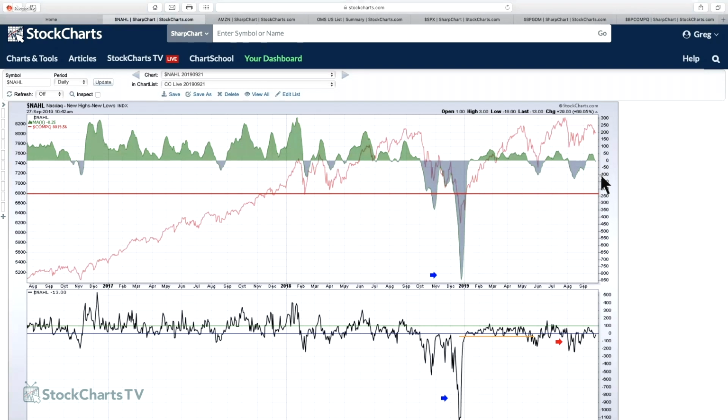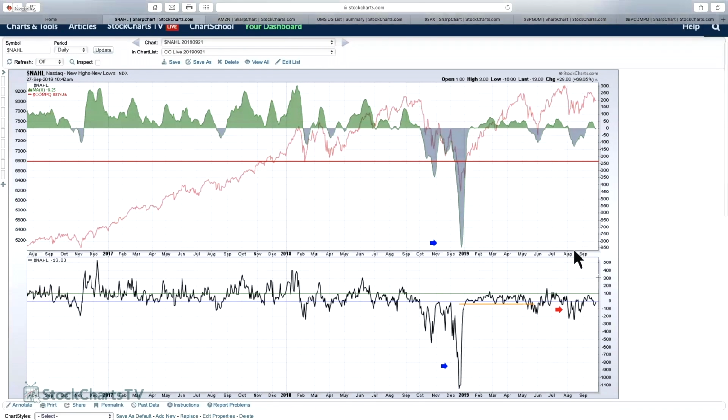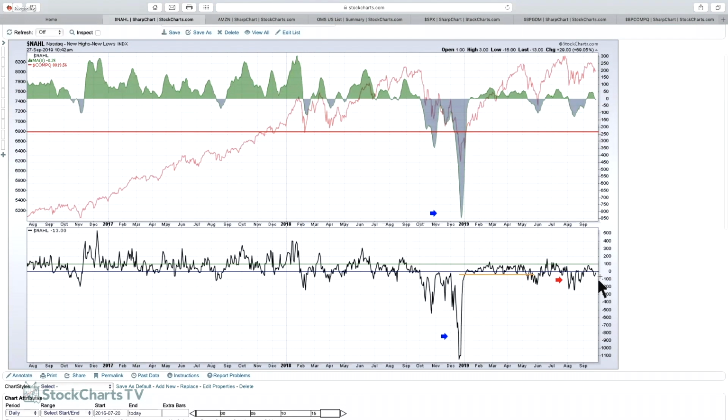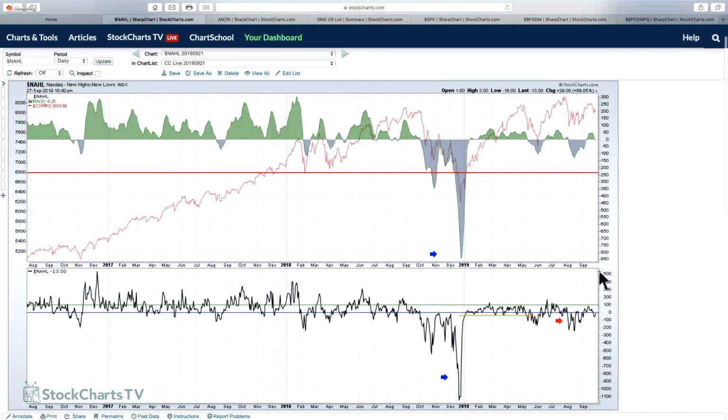What's the problem? The issue here is we're starting to dip back into negative territory in terms of net new highs. So we're making more new lows than new highs. What happened back in September of last year was we were just kind of flatlining around zero, and then all of a sudden we started to break down. Just this week we started to break down a little bit here. So it adds caution and just makes us pay a little bit more attention.